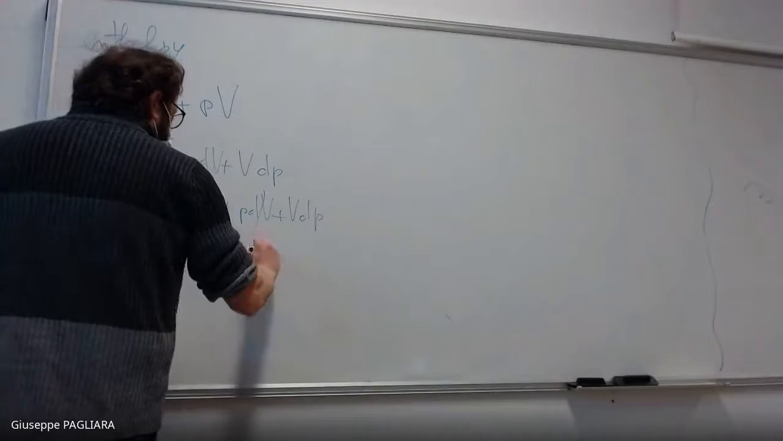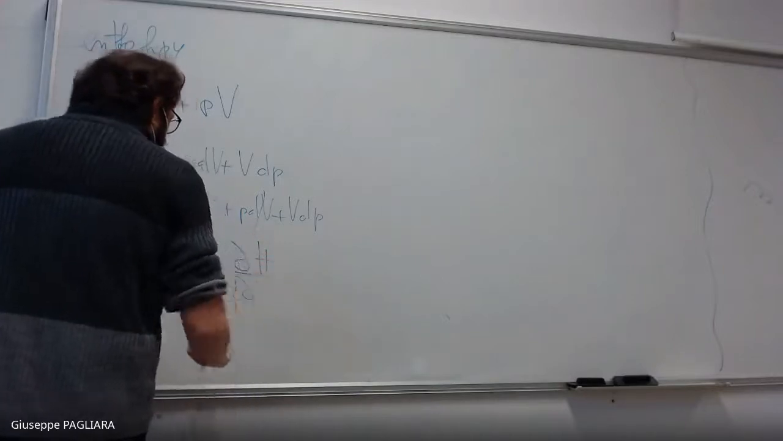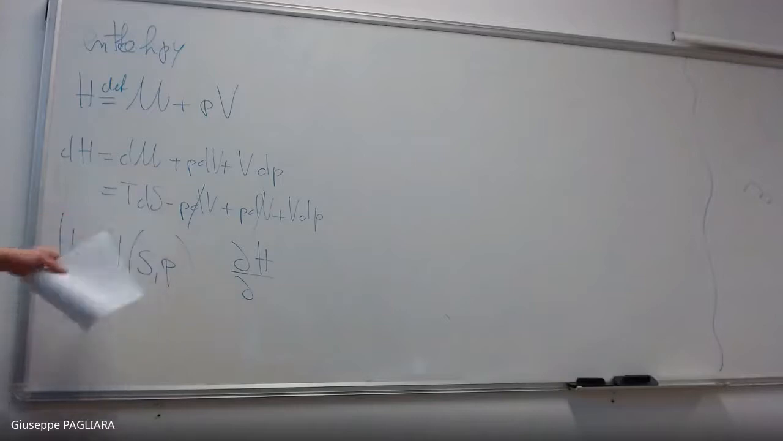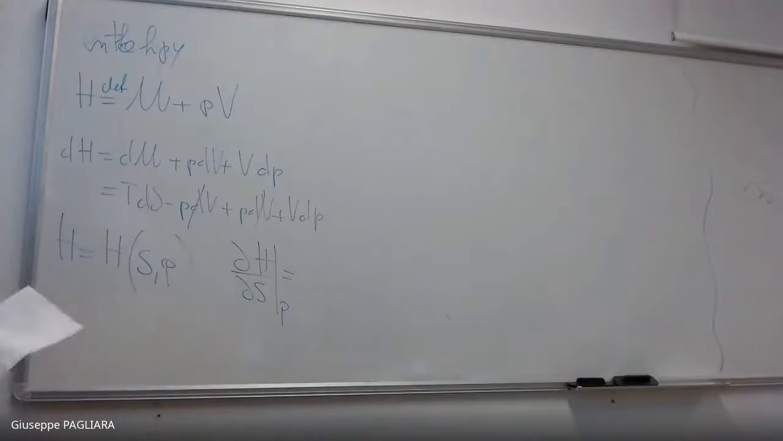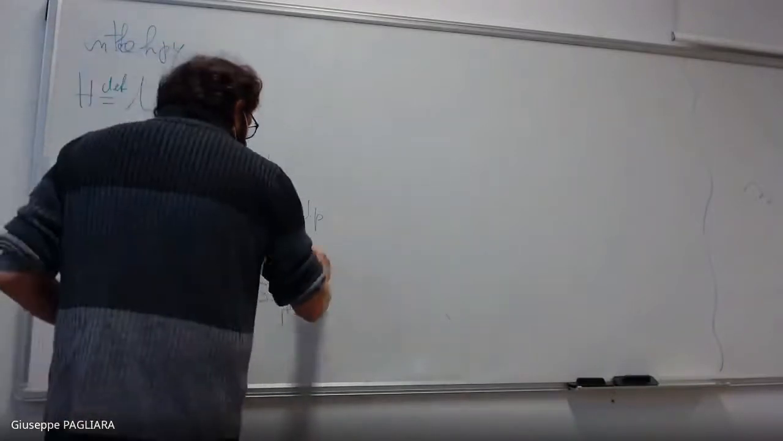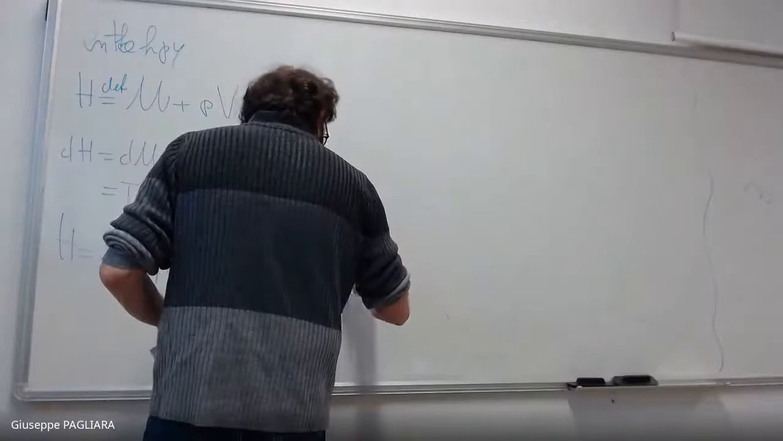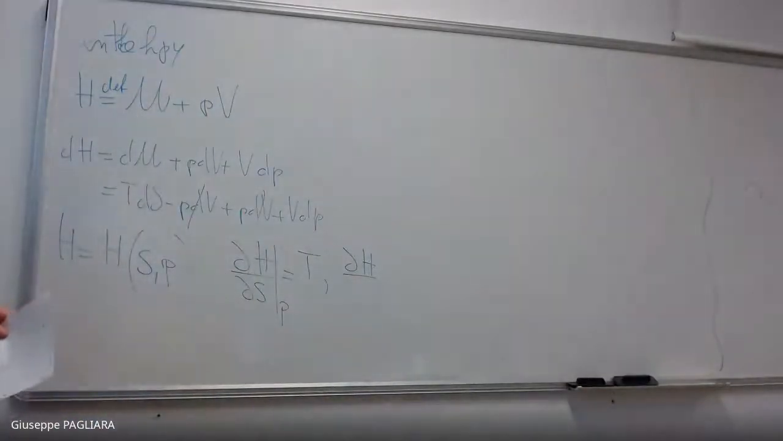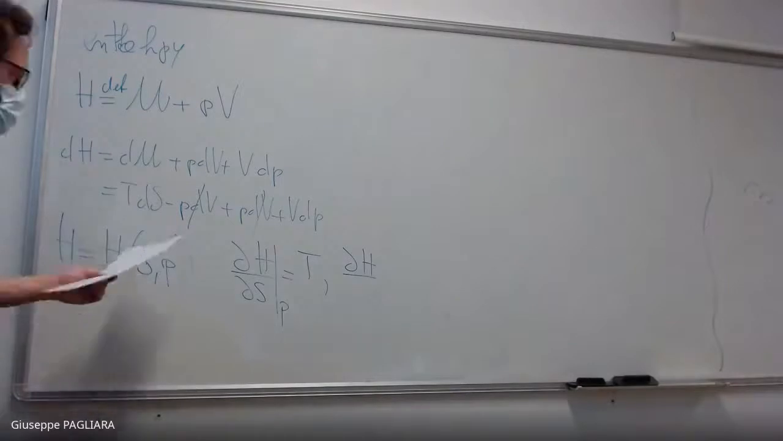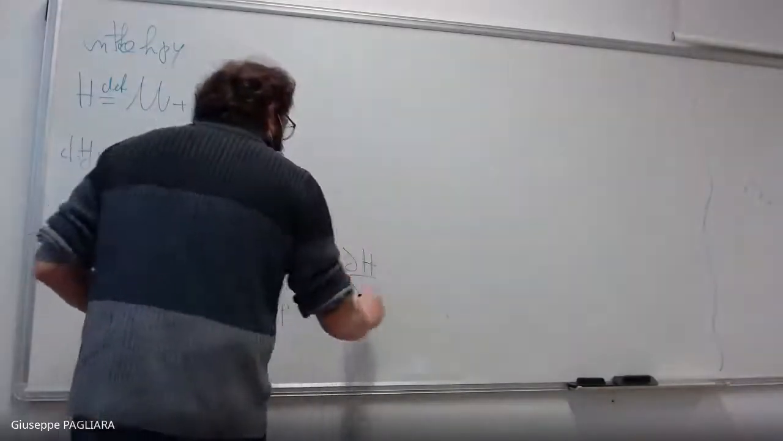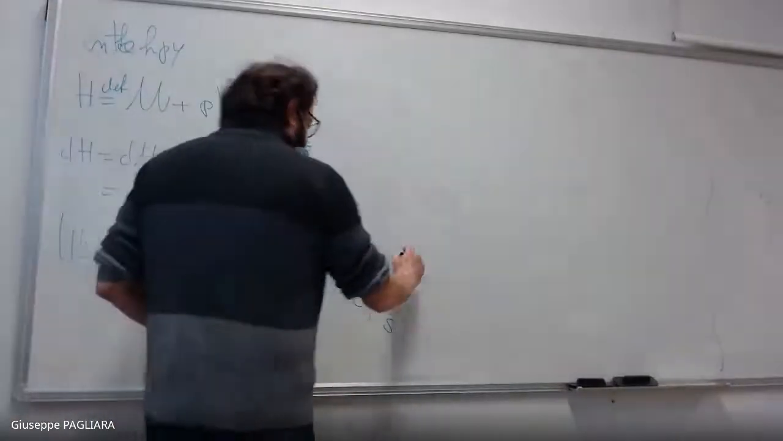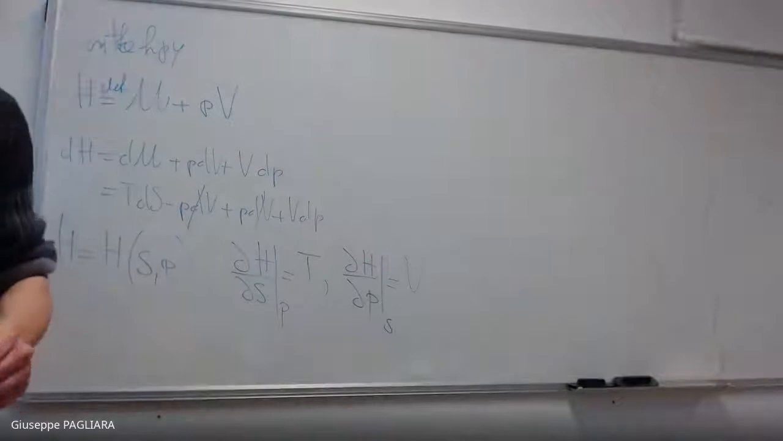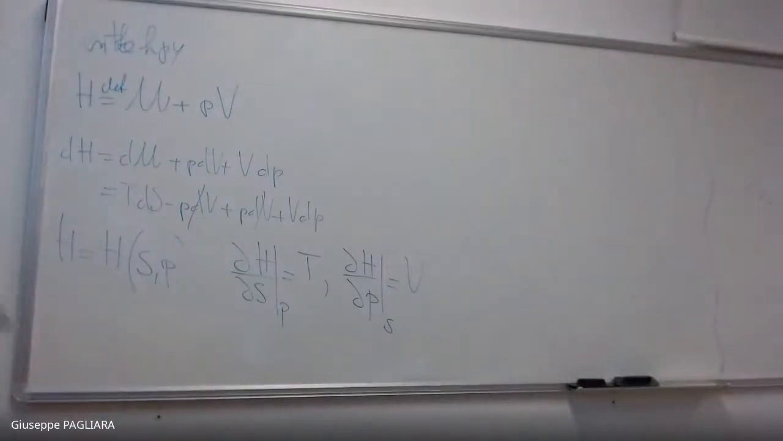And the two Maxwell relations are the following. The derivative of H with respect to S at fixed pressure is equal to the temperature, and the derivative of the enthalpy with respect to the pressure at fixed entropy is equal to the volume. Okay, those are two other Maxwell relations for the enthalpy. However, I will not use them. But let me